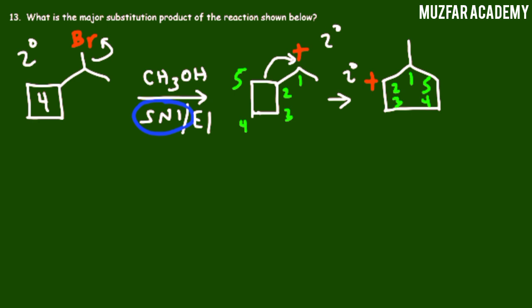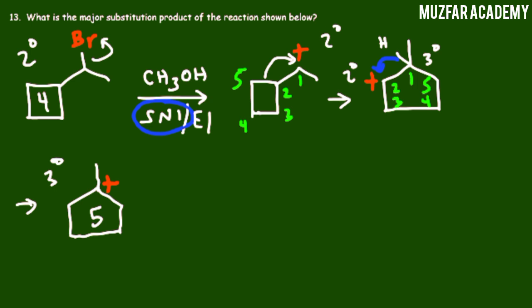So we're going to get another carbocation rearrangement. This secondary carbocation is next to a tertiary carbon, so we're going to get a hydride shift. Once the hydrogen moves, we're going to get a plus charge on this carbon. So now we have a tertiary carbocation with a 5 carbon ring. So this carbocation is much more stable than this one. So now that we have the most stable carbocation that we can get for this structure,